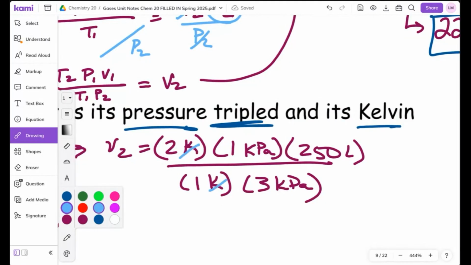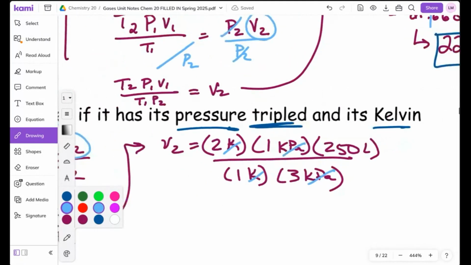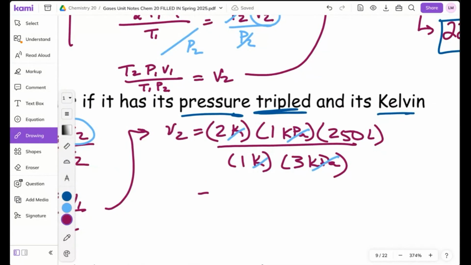So Kelvin and kilopascals, those cancel out. So if I multiply everything in the numerator and then multiply everything in the denominator and then divide the two numbers, what I'm going to get is 166.66